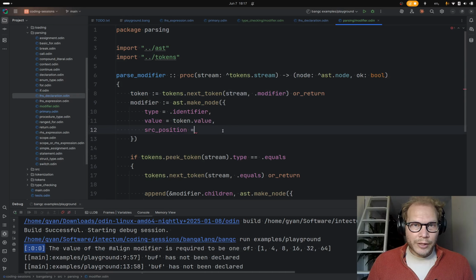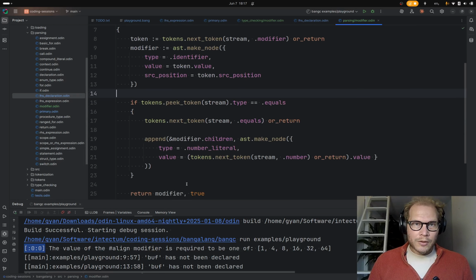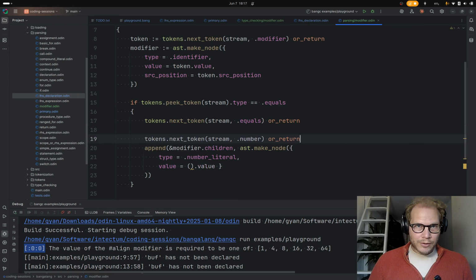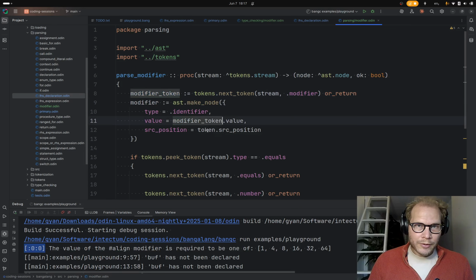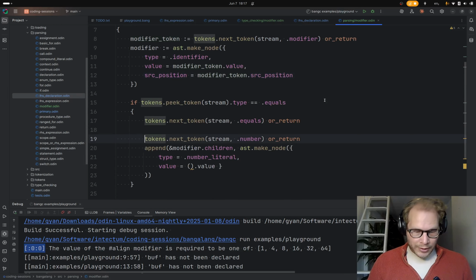So token.value, token.source position. Let's do the same for this one as well. So the same modifier token and unknown value token.